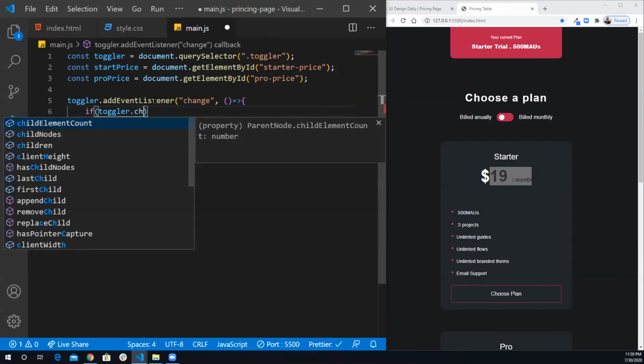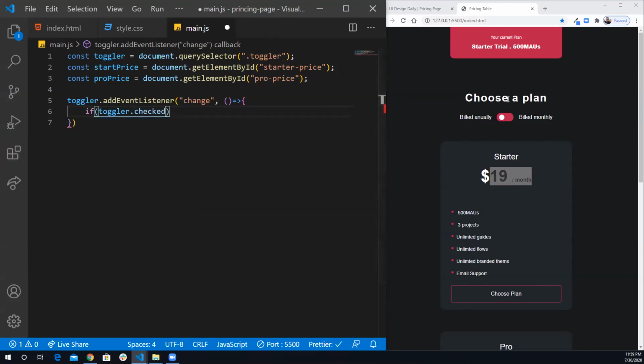Now I want to check the toggler. If it gets checked, which initially it is not. So when I load the page, this is the not checked status. The not checked status is going to be for the months. However, if it gets checked, that's going to be for the annual or per year. So if it gets checked, I want to select my start price, and I want to access the inner HTML, and I'm going to put per year, it's going to be $200,